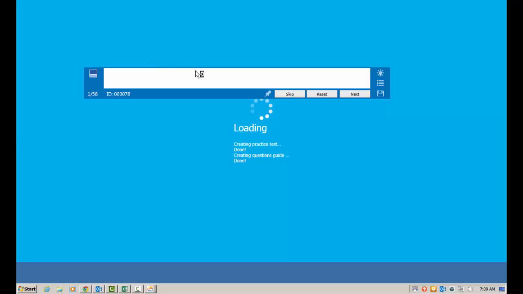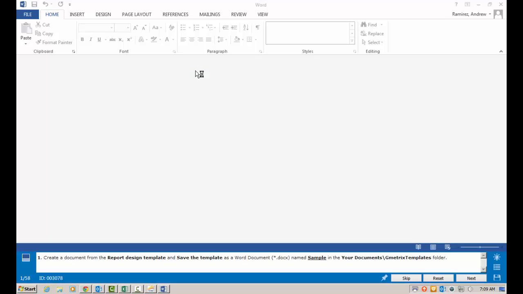So I'm going to click next, and this is how it's going to look, guys. It's going to pull up just like this. So I have my Word document right here, and I have my instructions exactly like this. As you can see, there is a 1 out of 58 steps here. Now, since we are in the training, and I know this is a lot, 58 steps is going to take